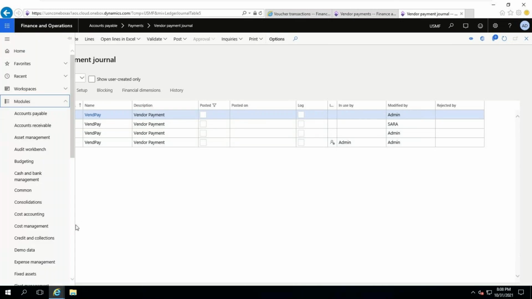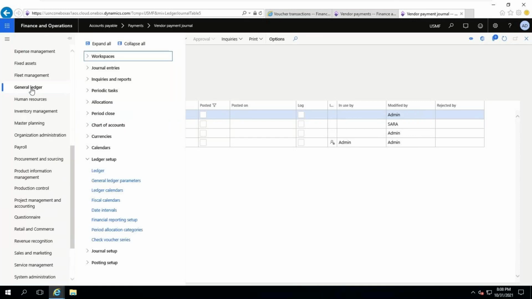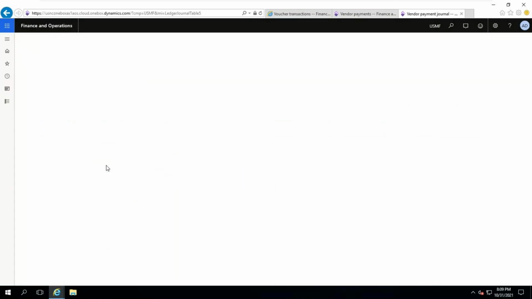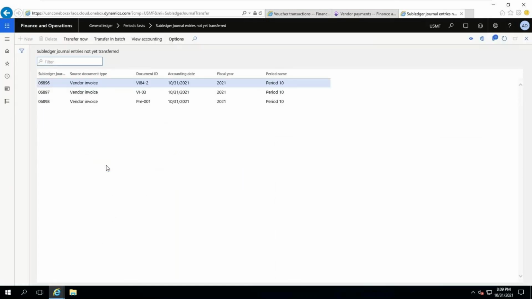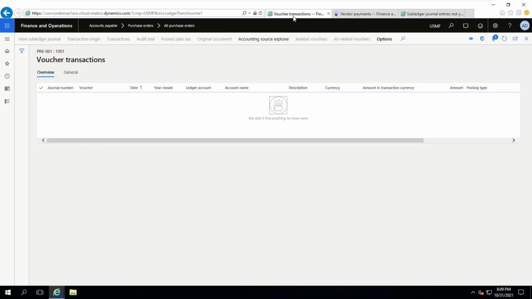Let me go to general ledger. By this time you are already habituated. General ledger, periodic tasks, subledger journal entries not yet transferred, and you need to transfer the voucher transactions now. This one, all I'm doing now. Okay, I have completed all. Now if you refresh,